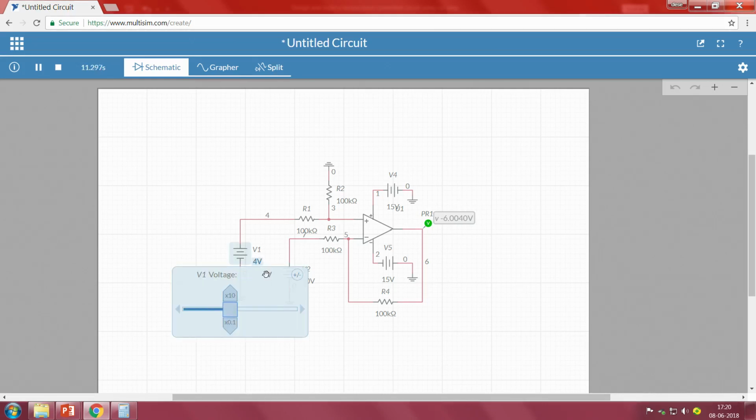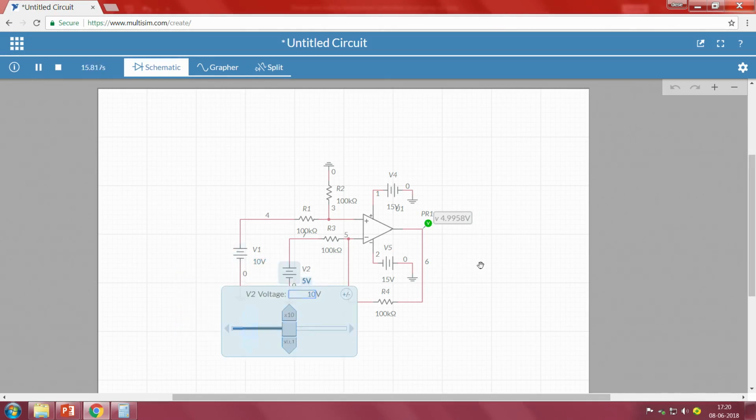So, we will take V1 as 5 volt and V2 also as 5 volt. When V1 is 5 volt and V2 is 5 volts, the actual voltage should be 0, but as I told you, it will always be at millivolt. When we see, it is somewhere around minus 4.0811 millivolt. So, what about the other value? Let me take somewhere around 10 volt and this also at 10 volt. Actually, the value should be 0, but we got minus 4.1323 millivolt.